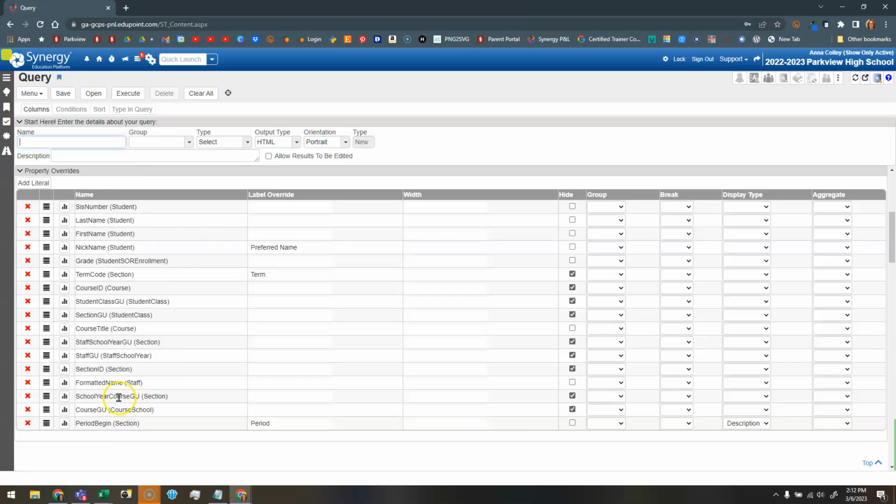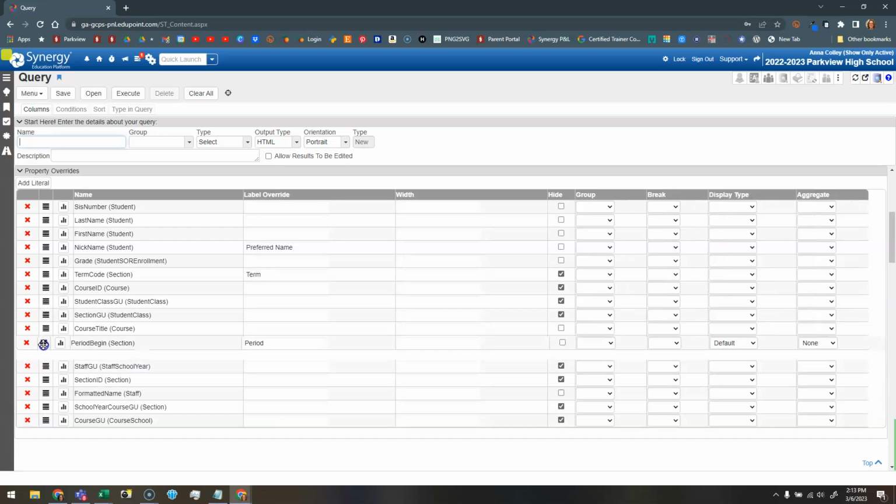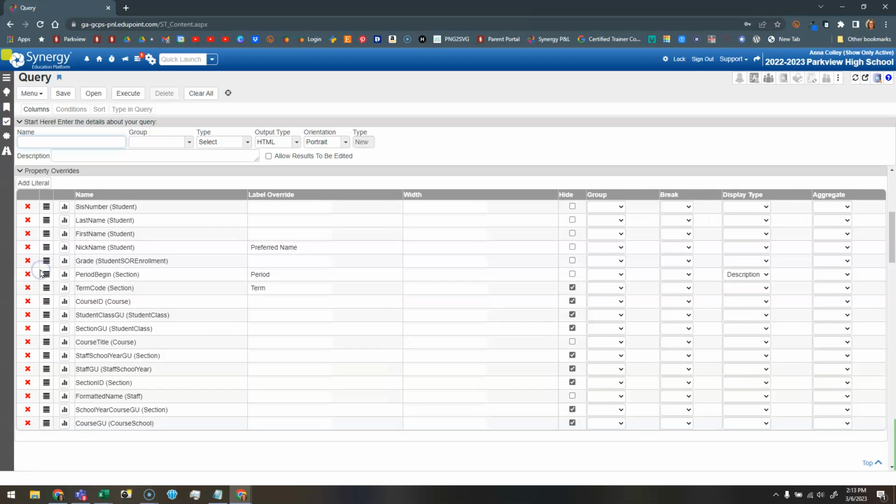You can change the order of these columns. I always like mine to start with the student ID number, the last name, the first name, and the nickname if I'm pulling a list with student names. But you may want yours in a different order. So let's say I want to move the period. This is pulling a list of advisement classes. Let's say I want to move the period up here so that it appears first before any of the other information about the class. So you'll click on the stack icon and you'll notice my cursor changes to arrows. So you'll click on that stack icon and drag